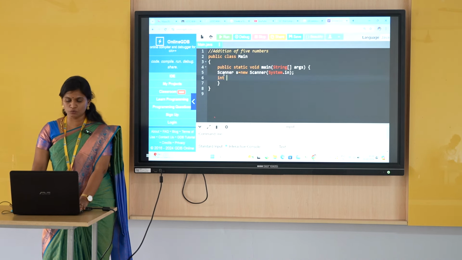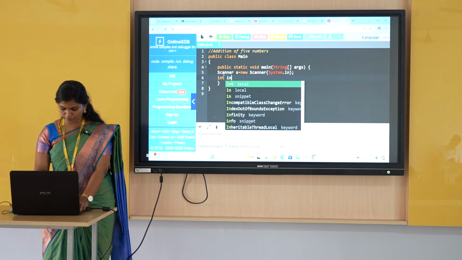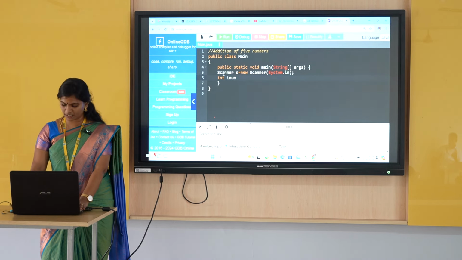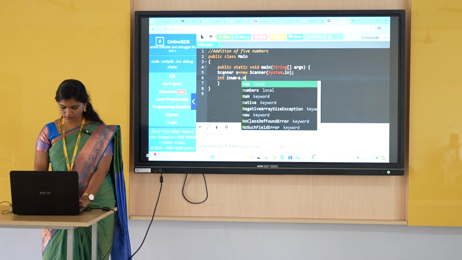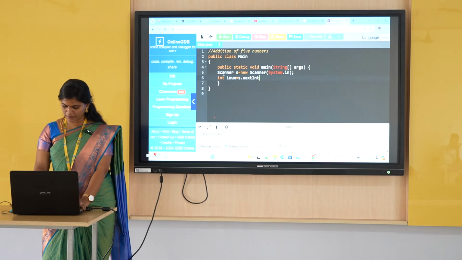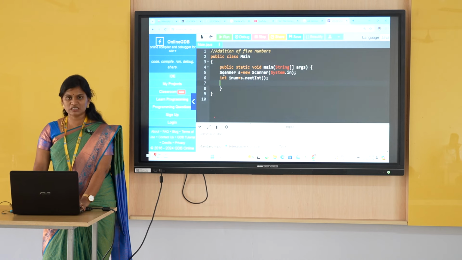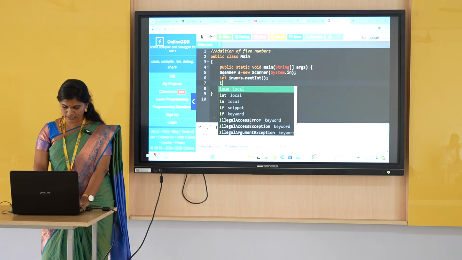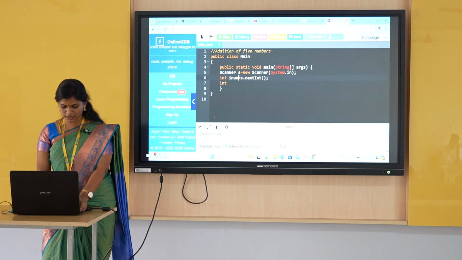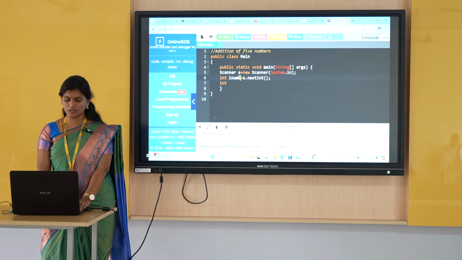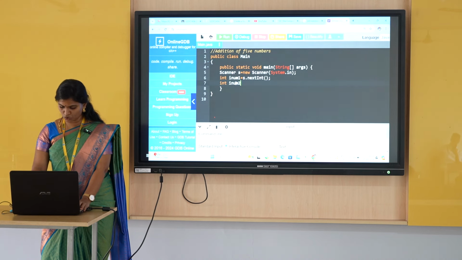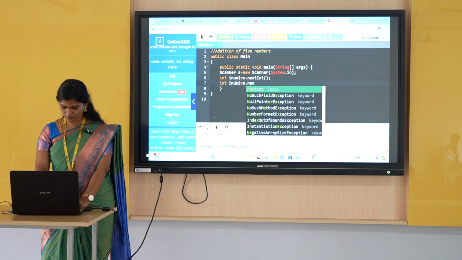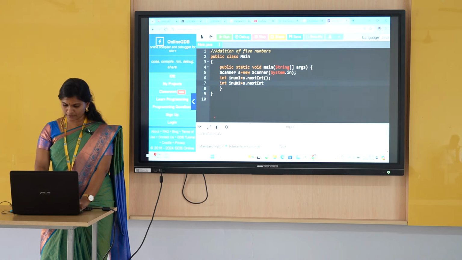Okay, addition of 5 numbers. I am in need of 5 variables, so I am declaring 5 variables. You have to follow the coding standard: int inum equal to. I am going to get an integer value. How can we access the predefined method? Object name dot, and we have a predefined method nextInt. Similarly, you have to retrieve all 5 numbers as input. For my understandability, I have declared the first variable name as inum1. The second variable, inum2, is equal to s dot nextInt method.